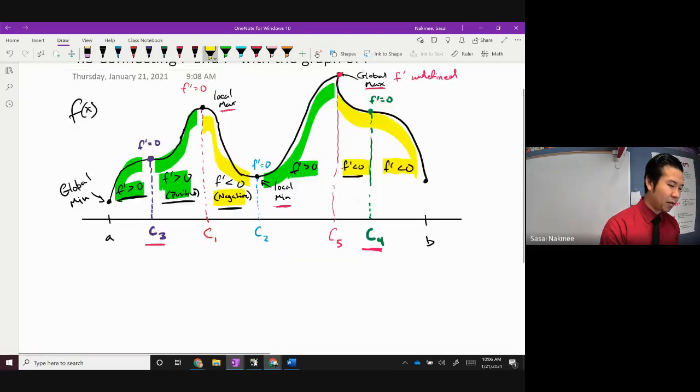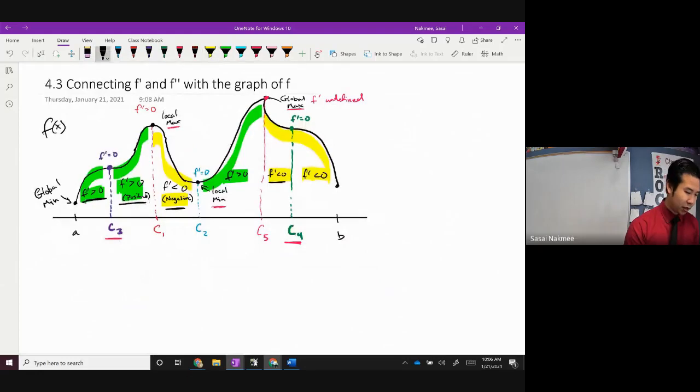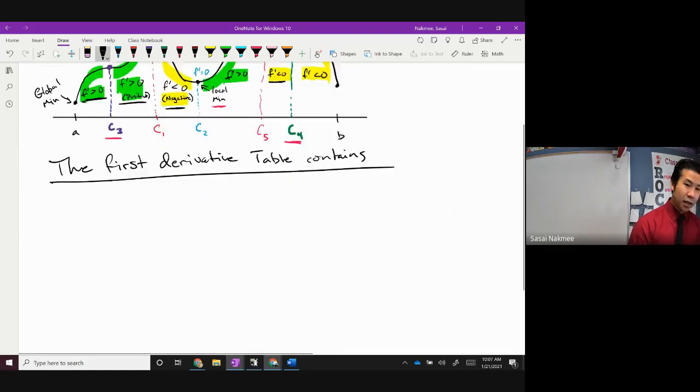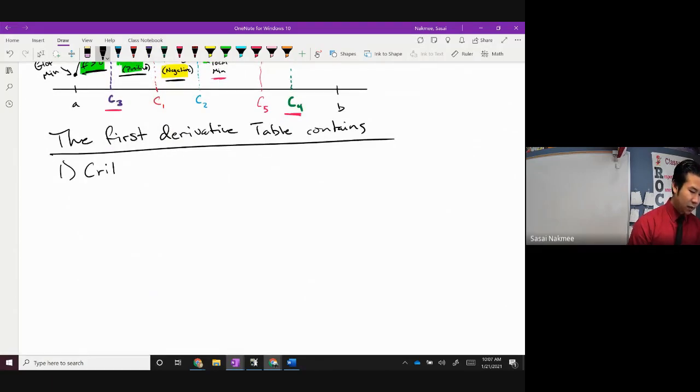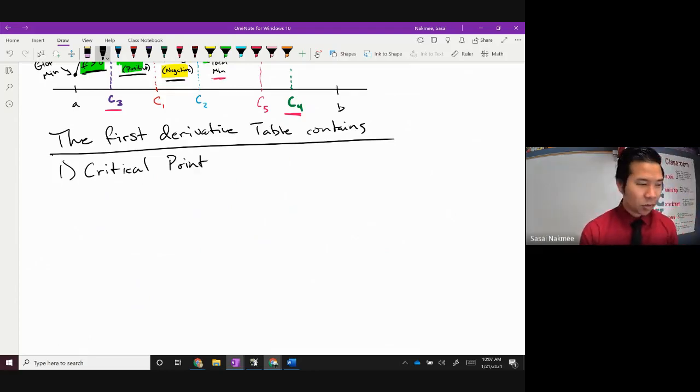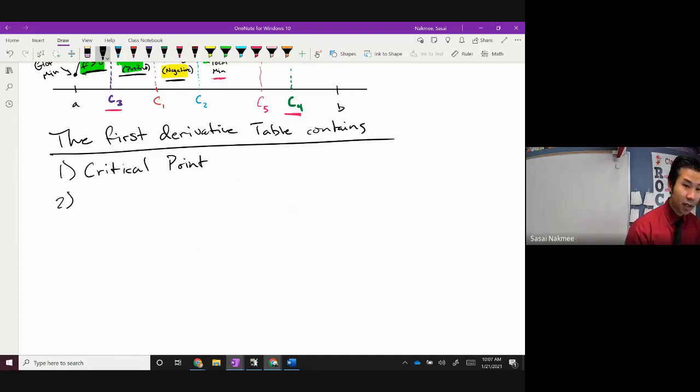Okay? And I'm going to write that down for you guys. We want that in our notes here. So the first derivative table contains, this is what it contains: number one, the critical points, which basically is where the derivative is equal to 0, or it's undefined. Second thing it contains, the intervals